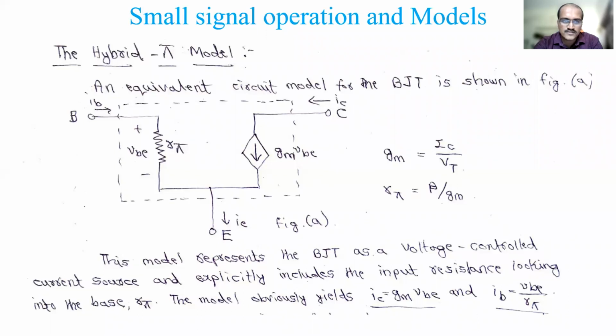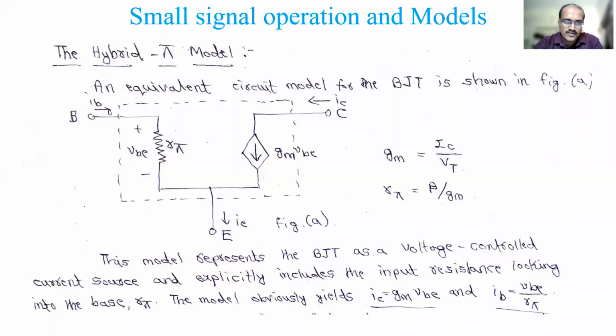So this is the equivalent circuit of a BJT in the hybrid phi way. It looks like a phi. This is the same diagram you saw last time in the two port networks, the H parameters. Here is the two port: the input is base and emitter, and the output is collector and emitter. So the emitter is common between both.